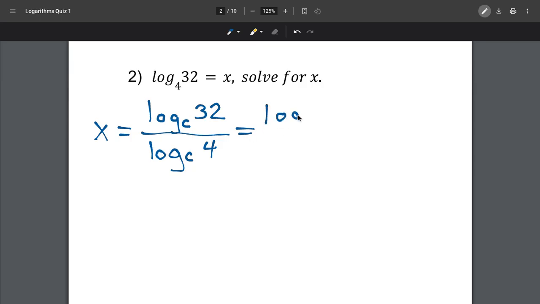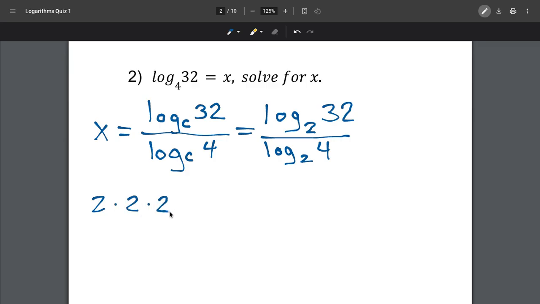So we'll do log base 2 of 32 over log base 2 of 4. Okay, so log base 2 of 32, we have to pick out the number of 2's we have to multiply together to get 32. So if I start working it out, 2 times 2 is 4. 4 times 2 is 8. 8 times 2 is 16. And 16 times 2 is 32. So we have 1, 2, 3, 4, 5 2's that we multiply to get 32. So we have 5 on top